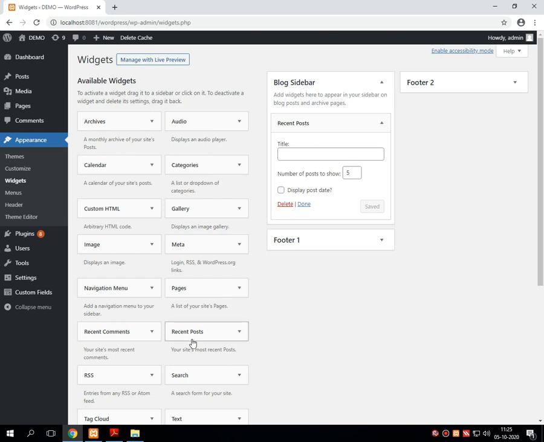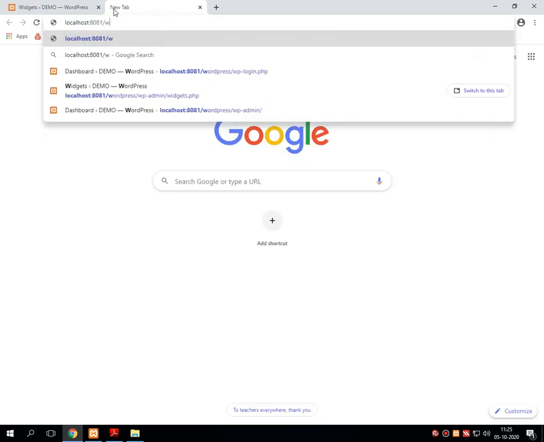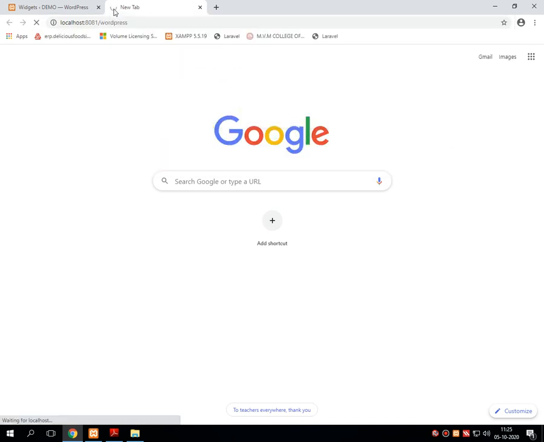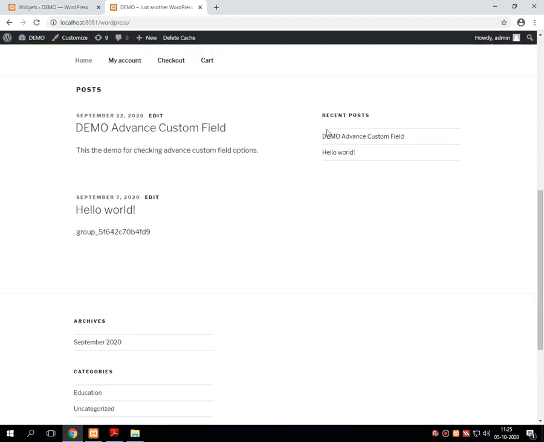After putting this recent post over the block slider, I am executing the URL localhost 8081 WordPress. When it executes successfully, it shows you the recent post over the sidebar. Let me remove this recent post once again and show you how to put it over that particular place.